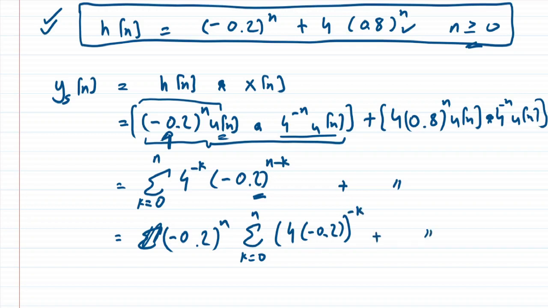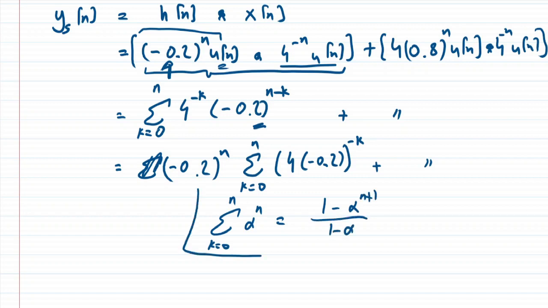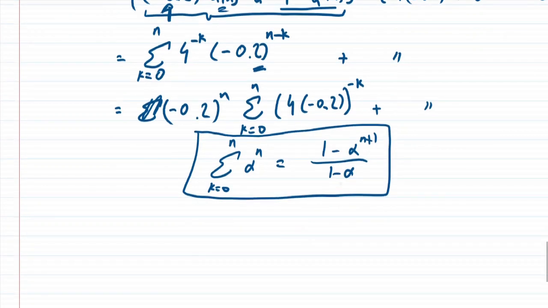similarly you can solve the other part as well. Now we can apply the formulation, that is the sum from 0 to n of alpha power n, which is simply 1 minus alpha power n plus 1 over 1 minus alpha. This is a geometric series formulation. So eventually you would get a solution over here. Let me call the solution B. So this is our zero state response,